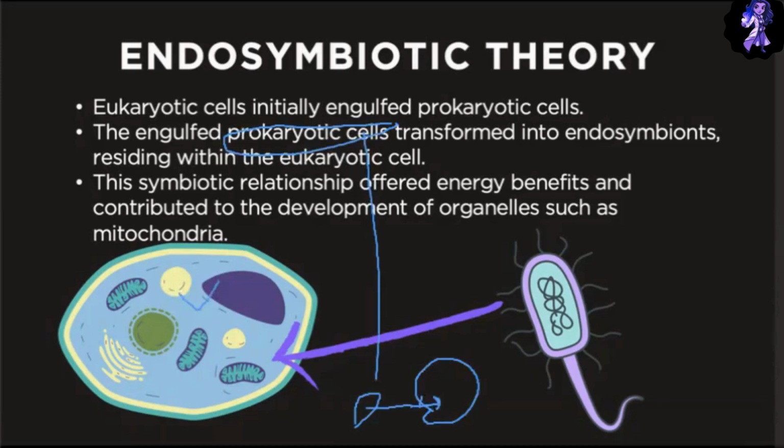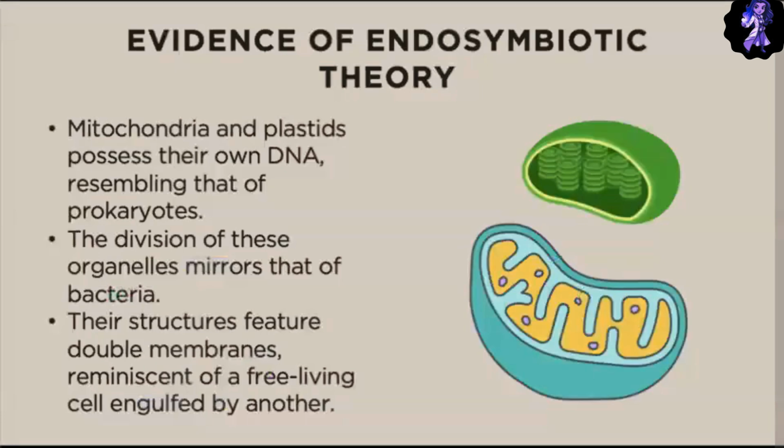And remember, eukaryotes are those plant and animal cells that have evolved into having more organelles. There is another idea that the prokaryote that was engulfed ended up becoming what is now known as the mitochondria. And there are reasons why we believe that theory. If we look at the cell itself, and I'm focusing on the animal cell, if you look at mitochondria in general or plastids in general,